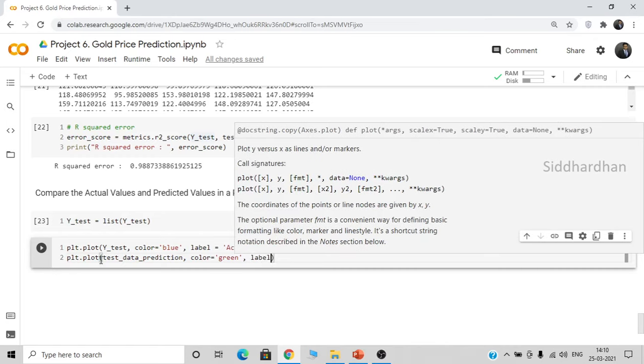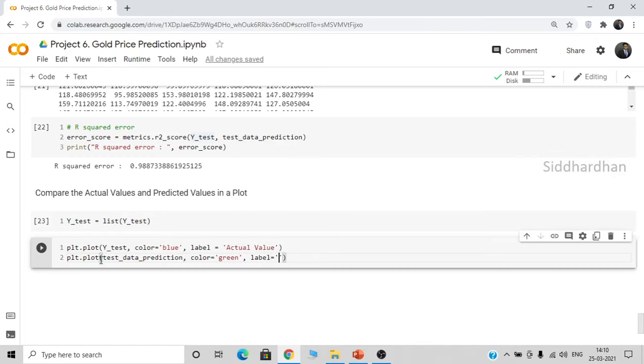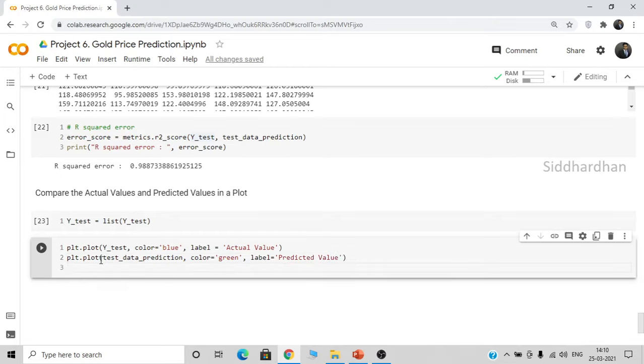And let's give a label as predicted value. Okay, and I'll just give a title for this plot. So plt.title, it's actual price. So it's just a title for our graph. So actual price versus predicted price,